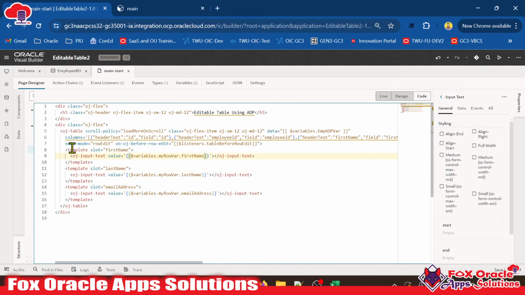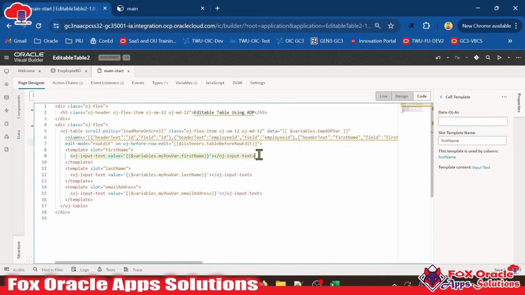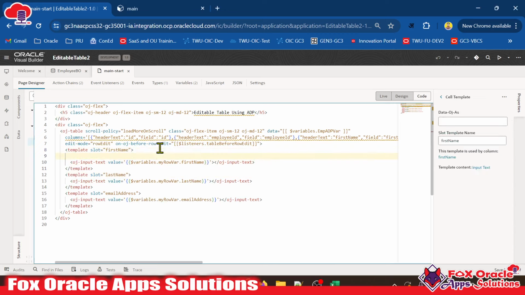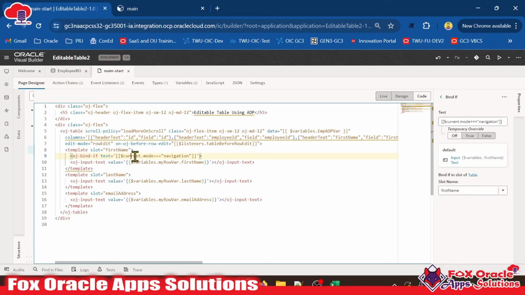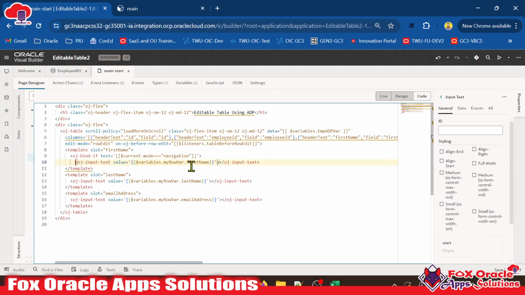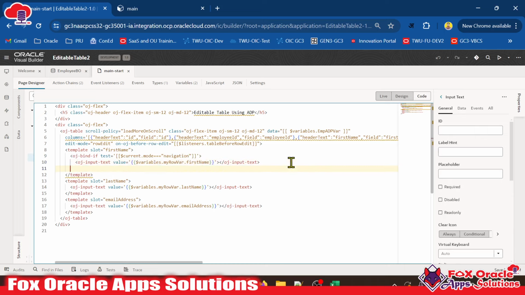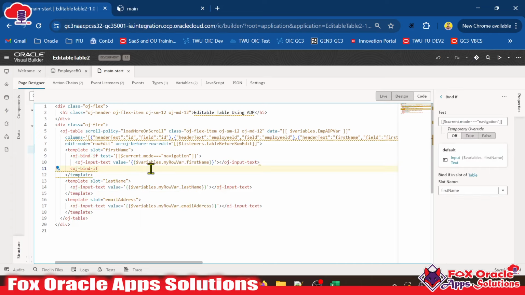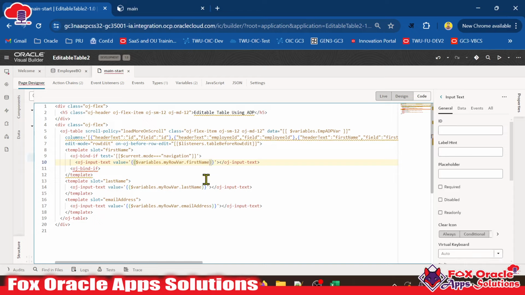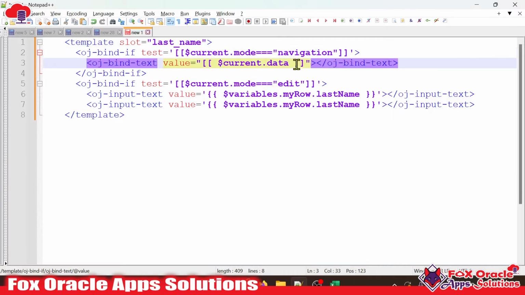I will go here, and inside the template, before showing data here in the input text, I will add one condition. So oj-bind-if test, current mode equals navigate, that is navigation, it means we are not going to edit. Then here we will display the data. So instead of that variable dot row, from where we want to display the data, we want to display the data from current data. The value will be,